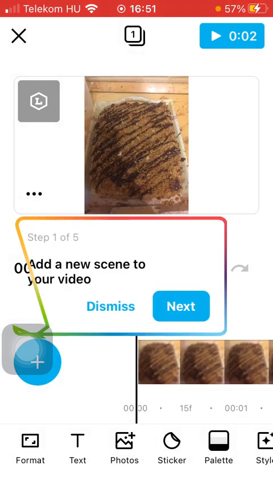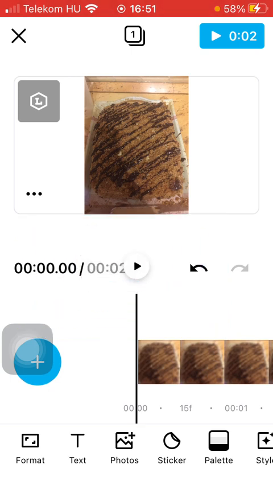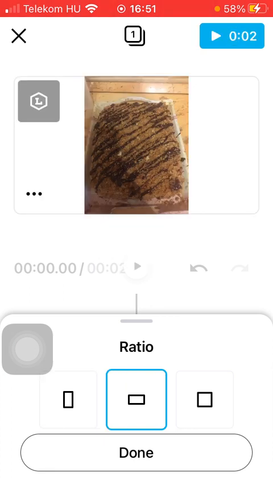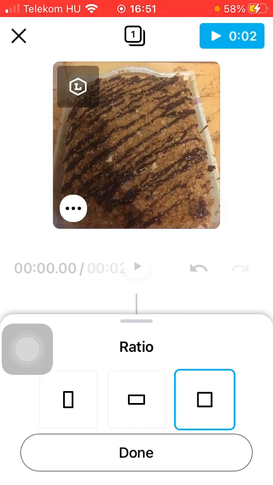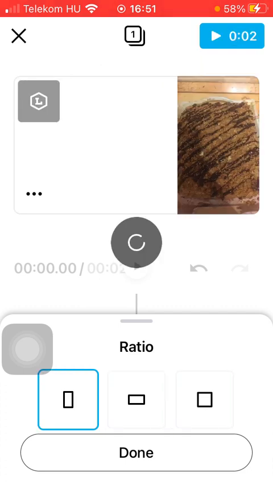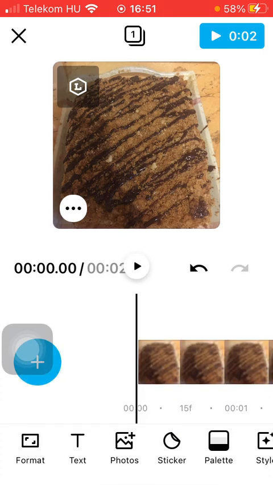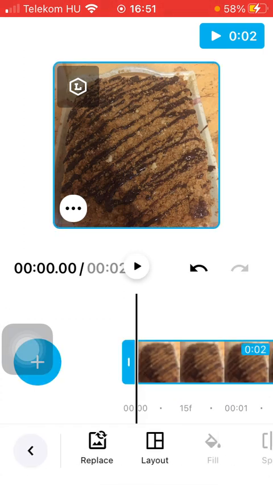Here you can see it, and if you want to change the format of it, tap on the format button down below in the left side corner. And here you will have three options that you can choose from. So select the ratio, tap on the relevant one and see how it looks like. You can see it at the top. After you have selected the relevant one, click on the done button to save your changes, and here you will be able to